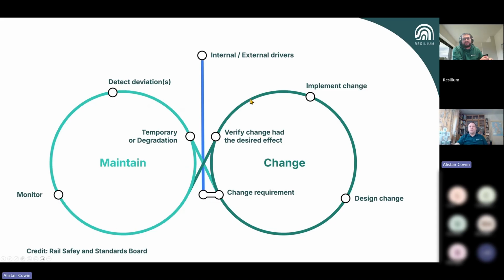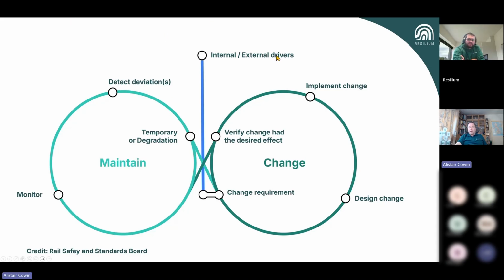This diagram is basically saying the same thing. And as I say, I can't choose between them. It depends on mood. But essentially, we are operating in this maintain phase. I'm monitoring, I'm detecting deviations. I'm working out whether I can live with that or I need to make a change. And I can put the design change in, implement it, verify it's had the desired effect. This is all talking about barriers. And I think this is really powerful stuff, is that by understanding the things that we said we would do and not thinking of the hazard as this big concept, the hazard is almost irrelevant once you've got your barriers. They're the things you need to focus your effort on.